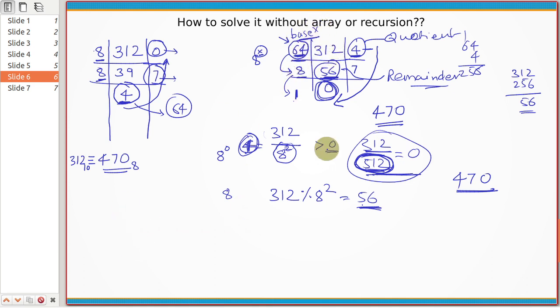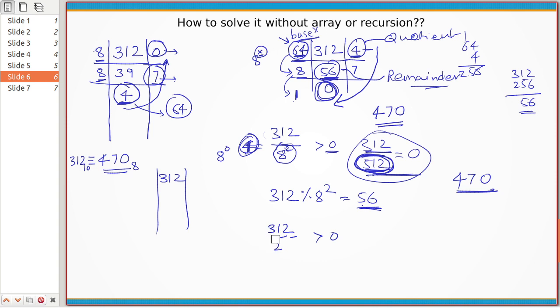So for example, you want to use the same technique to convert 312 into binary. What will you do? Let's take an example. How would you convert 312 into binary using this method? So if I have 312, let us start from 2 raised to 0. If I divide this number by 2 raised to 0, will my integer division result in greater than 0? Yes. If I divide it by 2 raised to 1, it will result in an integer number greater than 0, right? What if I divide this by 2 raised to 2?